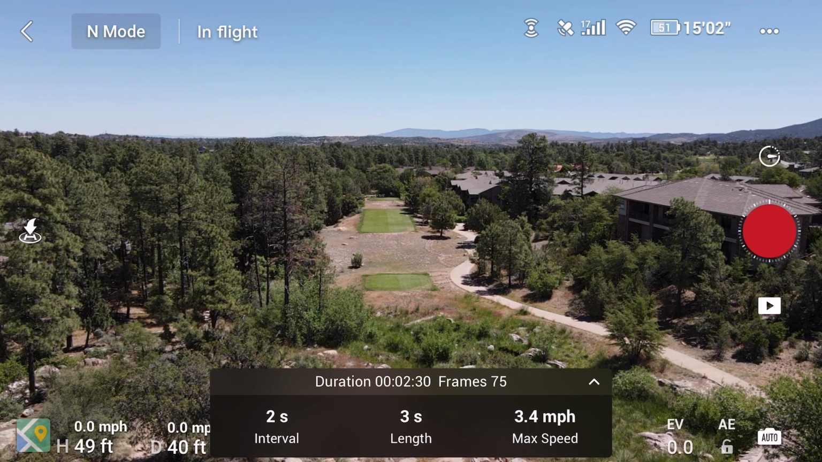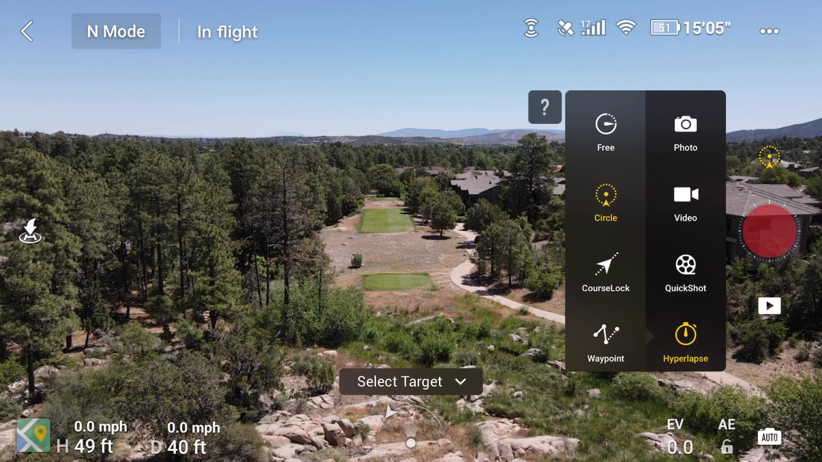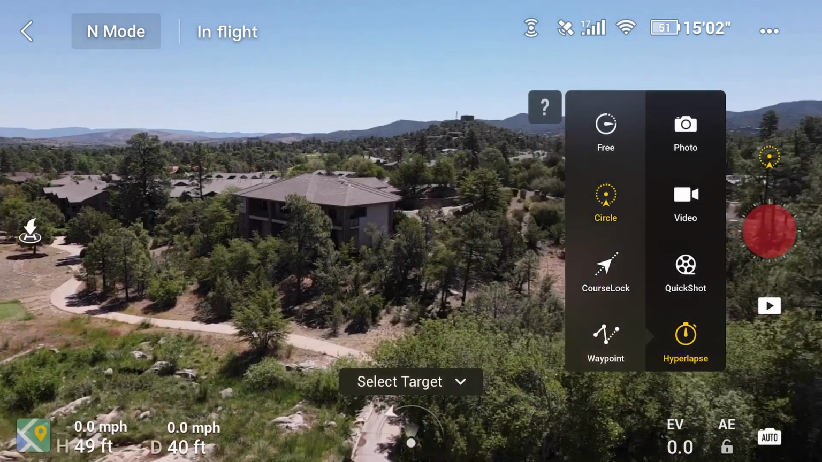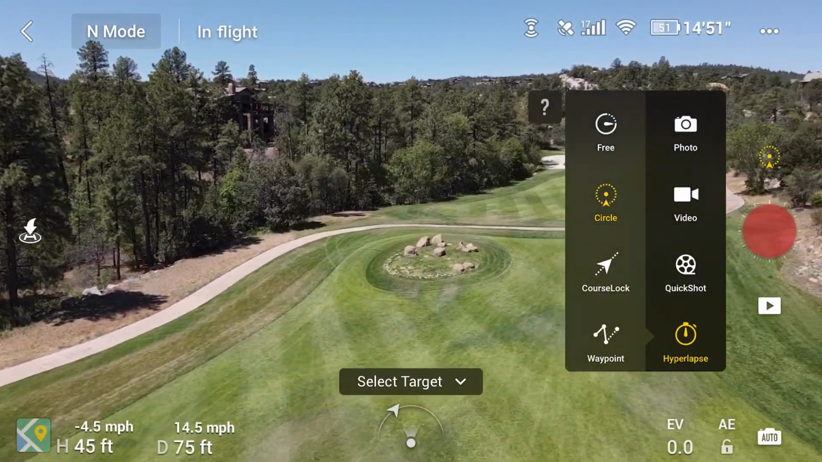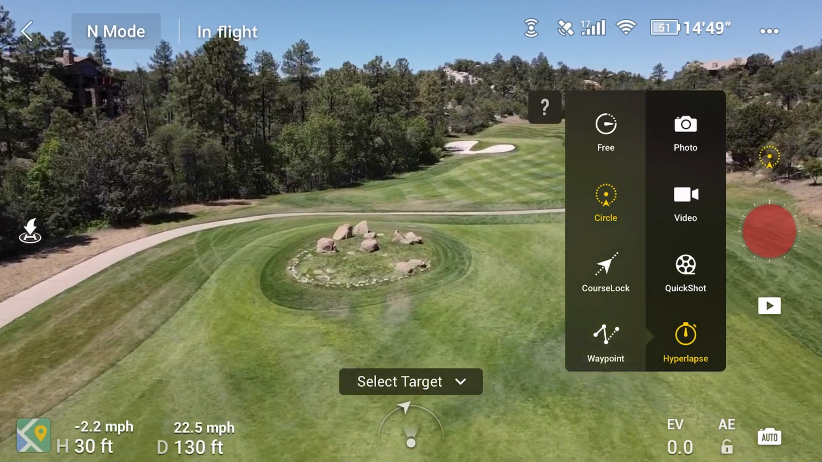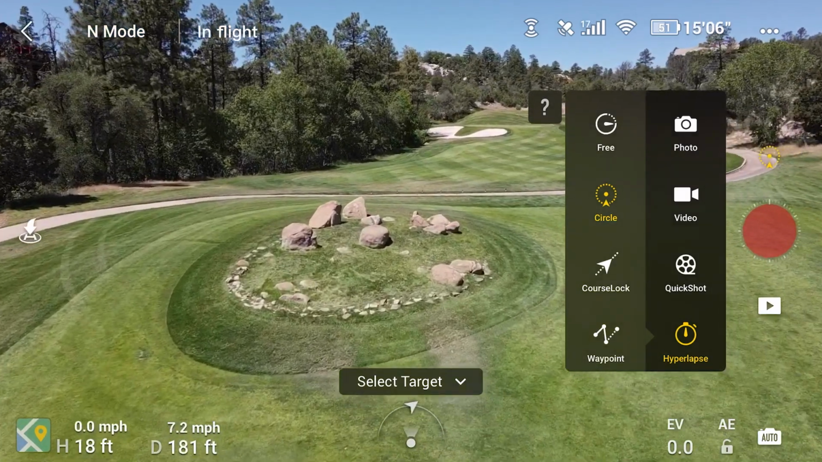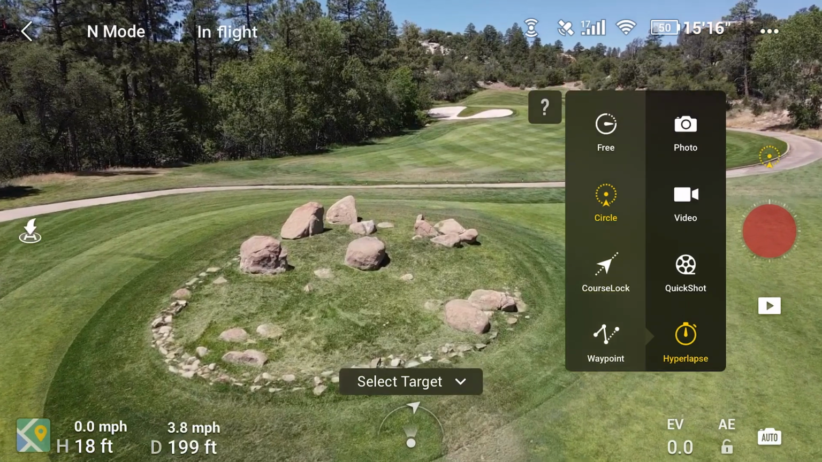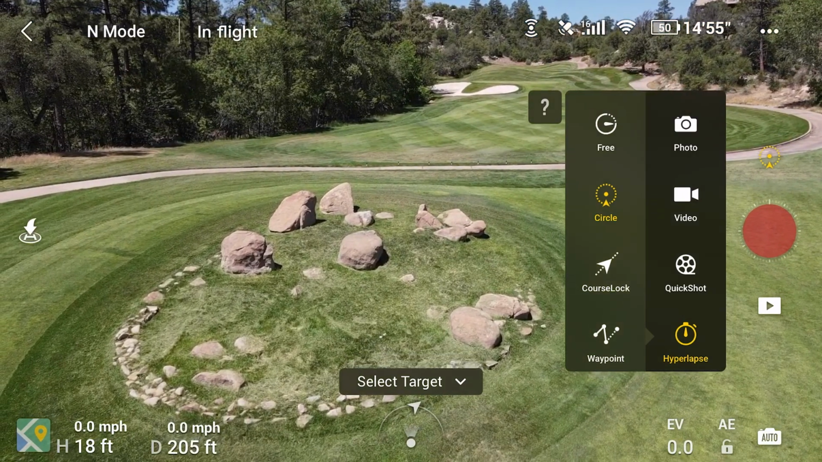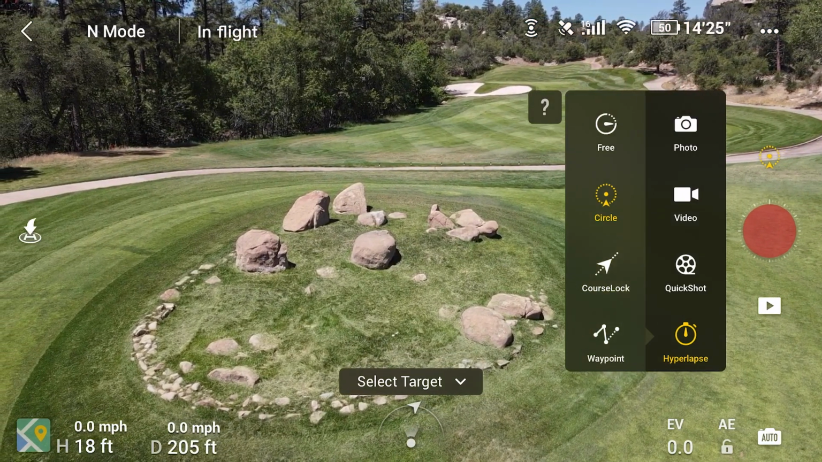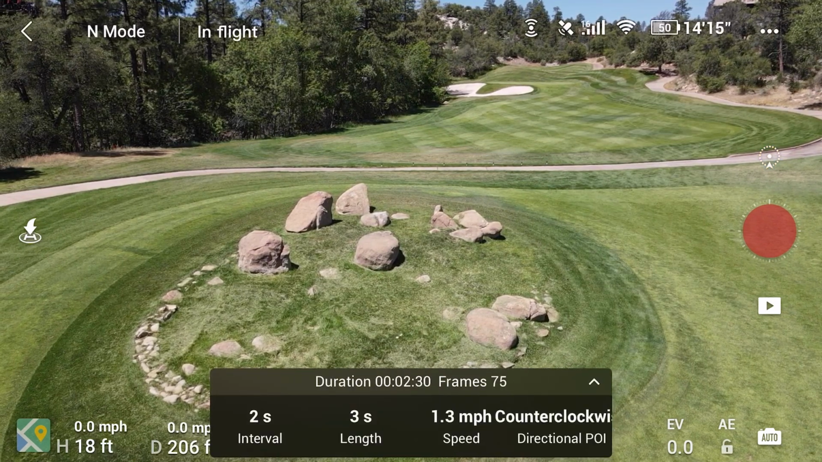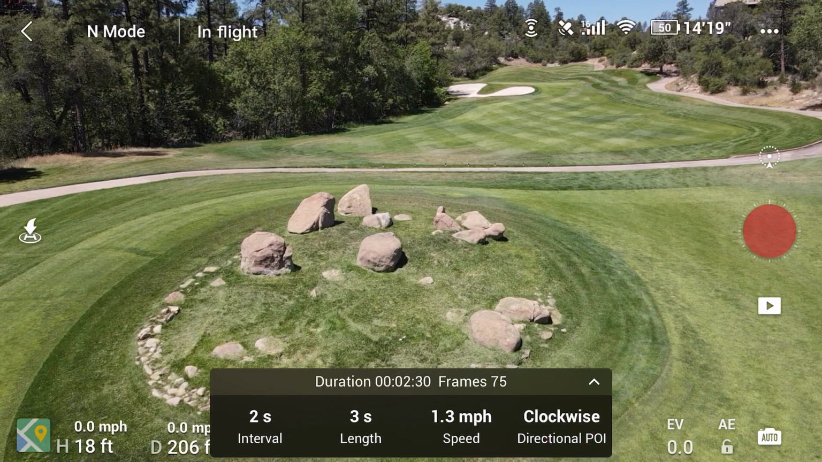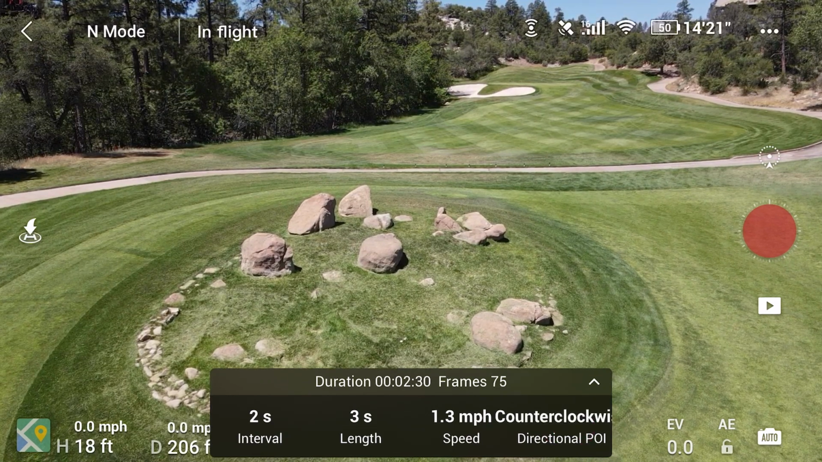And then our circle mode right here, we're going to select a target. So I'm going to fly my drone to where I want it to be. I want to do these rocks right here. They always look pretty cool. We'll get pretty close because there's some trees around, and I know with this radius here it can be pretty safe. And we're going to select our target right here, and we have options: the speed, and counterclockwise or clockwise. I'm going to have it go clockwise actually,